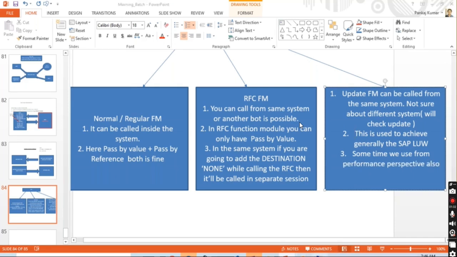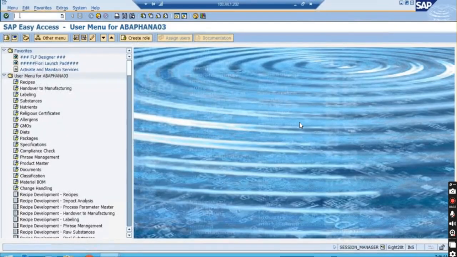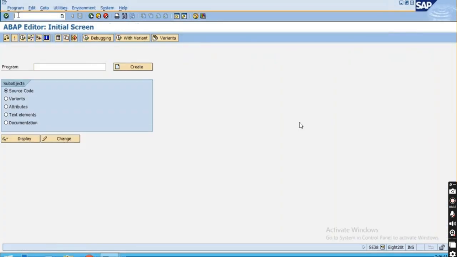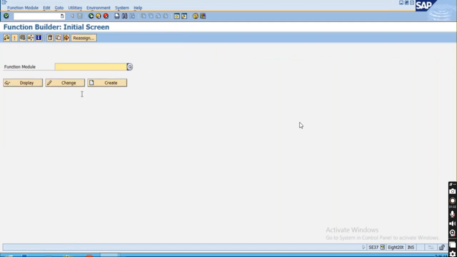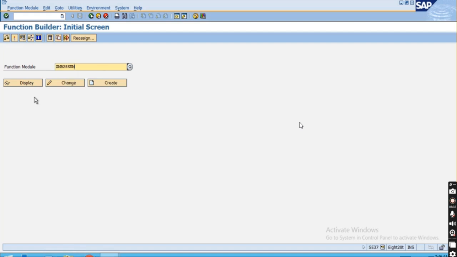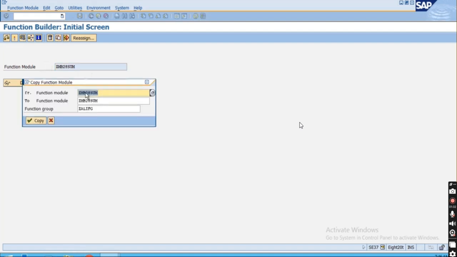Let's go to the system and we will create one update function module. Sorry, the transaction to create the function module is SE37. So we'll go to SE37, Z. We already have many function modules. We are going to copy some function module, and the same concept will be applicable for that internal table, everything. Okay, so